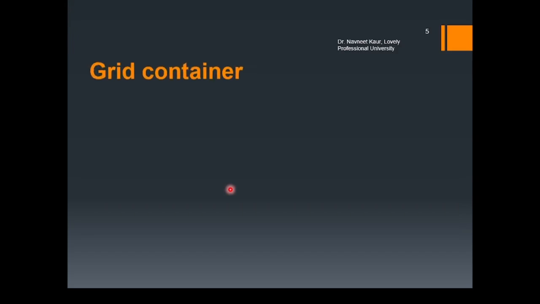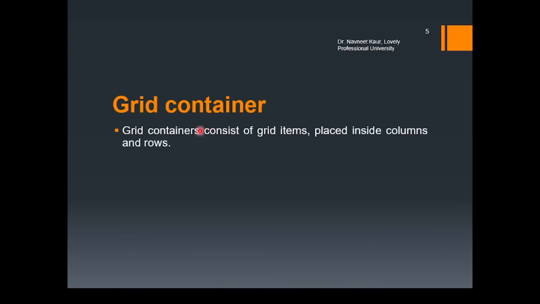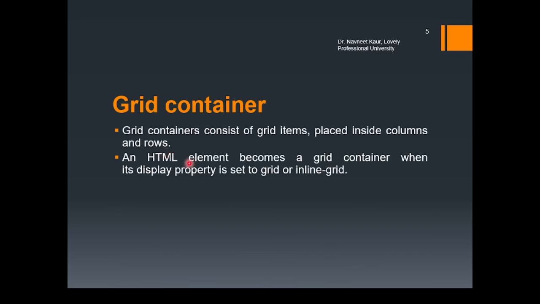Now let's come to some important terms in CSS grid. The first one is a grid container. The grid container contains grid items placed inside columns and rows. An HTML element becomes a grid container when the display property is set to grid or inline grid. This is very important. Without using the display property and setting it to grid, you will not get a grid